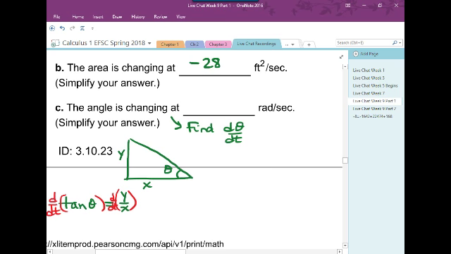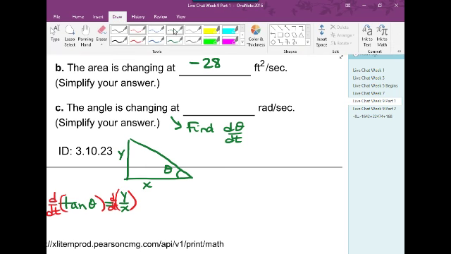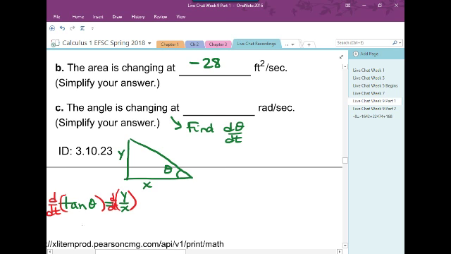Okay, so what's the derivative of the tangent function? I'm sure you've been doing it so much that you probably have that memorized, so hopefully you know that that is going to be secant squared theta, but remember, that's if you're taking the derivative with respect to theta. We're taking the derivative with respect to t, so we need to say times d theta dt equals, and then